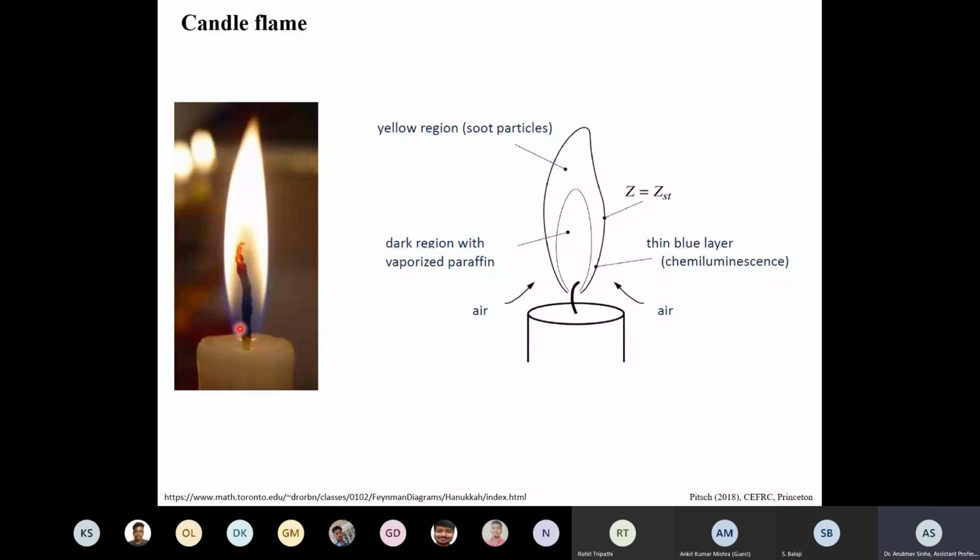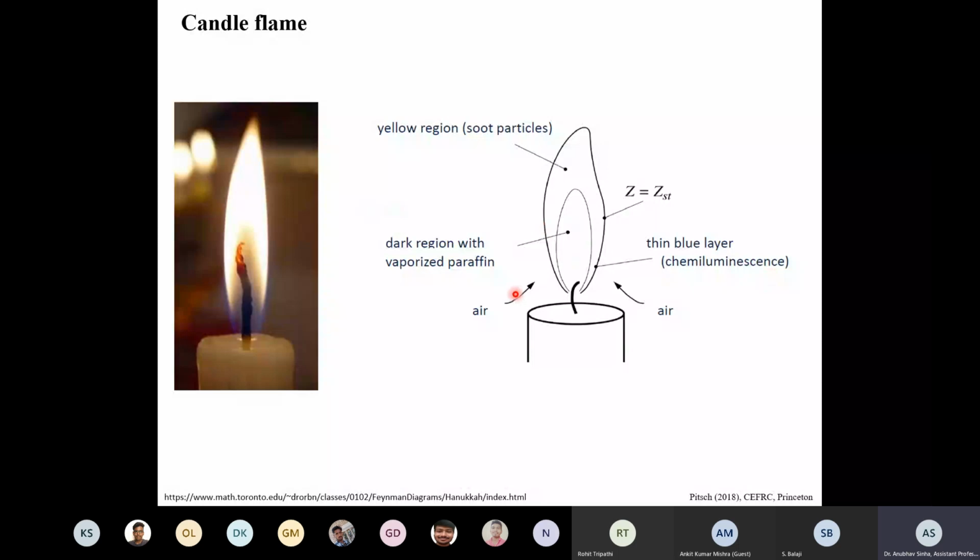Then we have this dark region, if you see near this wick. Okay, so that is filled with vapor. This is fuel vapor which is filled here. So this is completely dark, but you have to imagine a cut section. You are looking at a 3D flame, and a bright region is surrounding that dark region. Okay, so that is why it is not very clear, but you still can look at this region, which is a dark region containing fuel. So surrounding the wick we have some fuel.